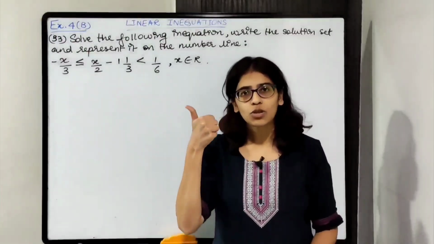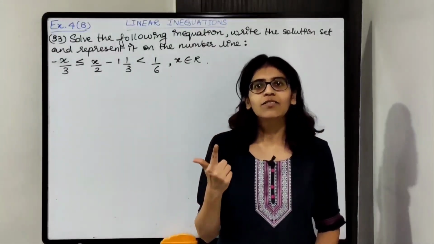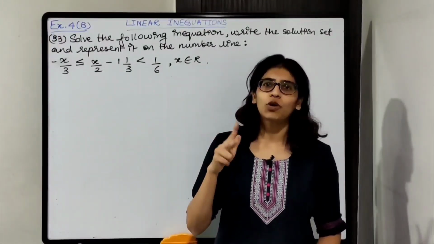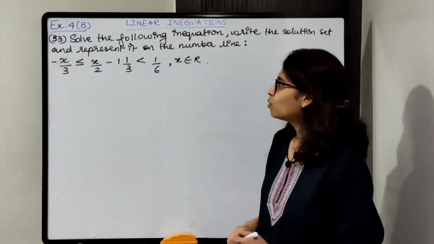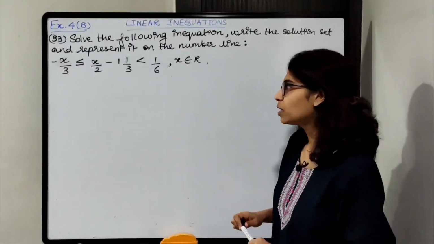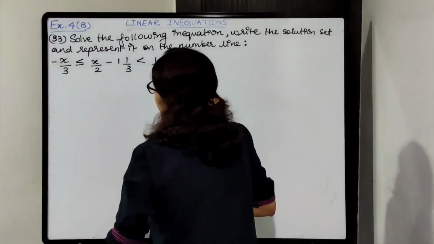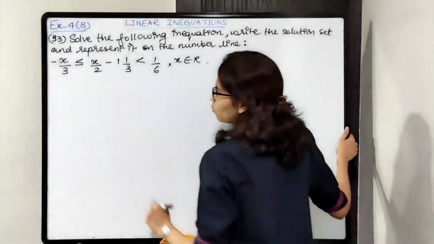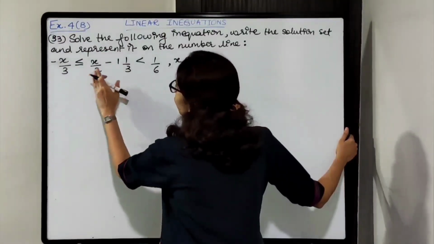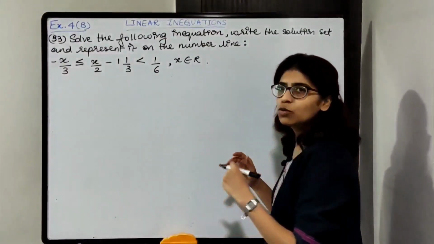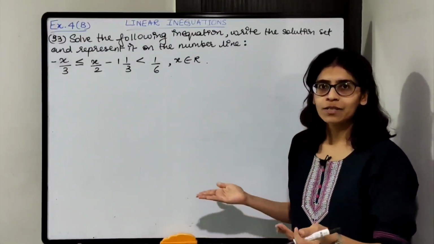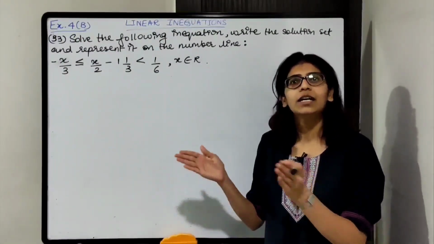Inequation दिया है, we need to solve the inequation. Second thing, we find the solution set, and third, plot it on the number line. So write down the inequation first. So I'll start from here only. I'm not writing it again. दो inequality signs है, so what are we going to do? We are going to split it into two parts, solve separately, and then again combine together.